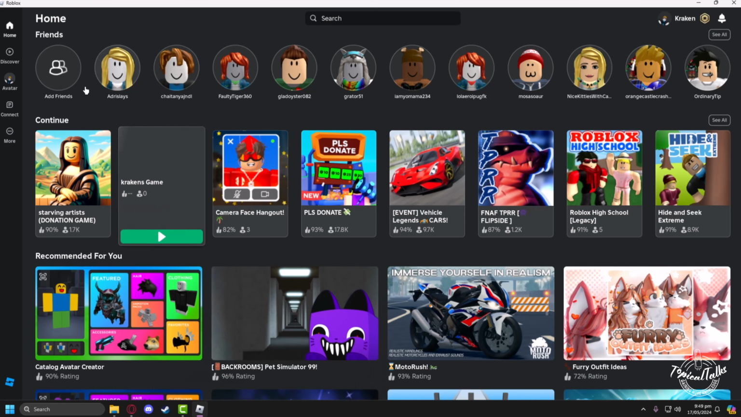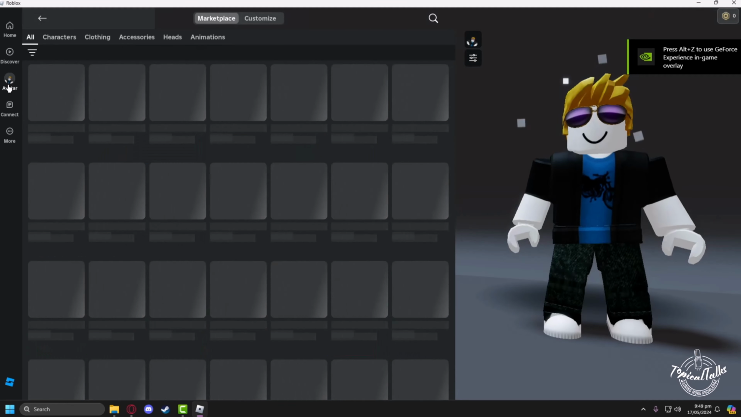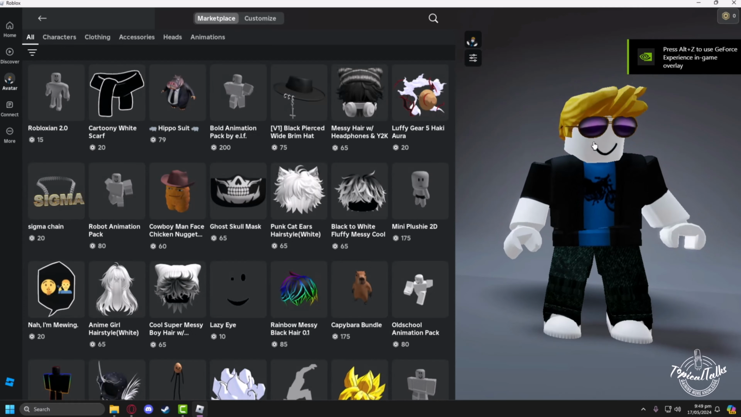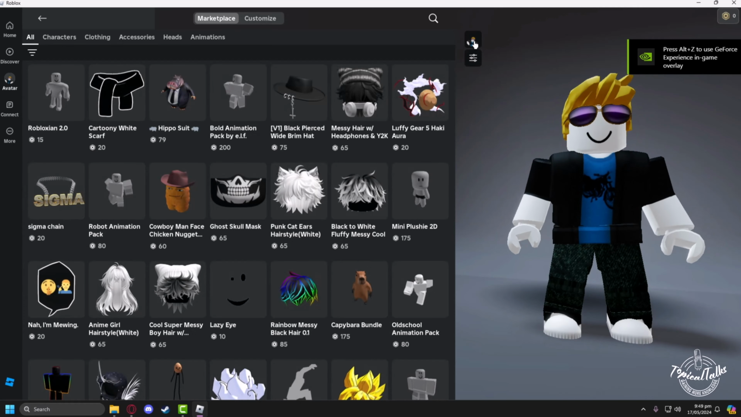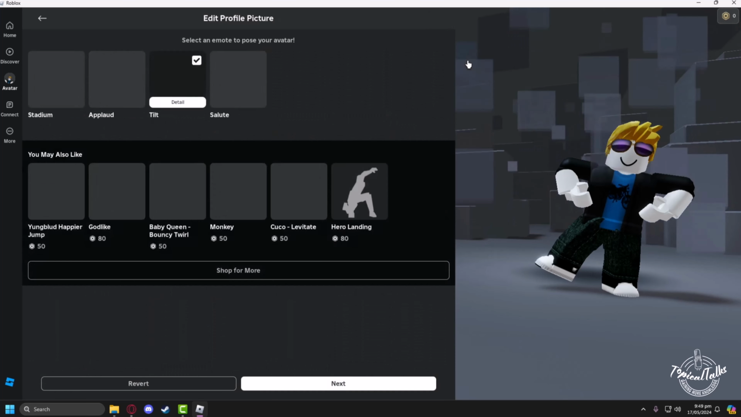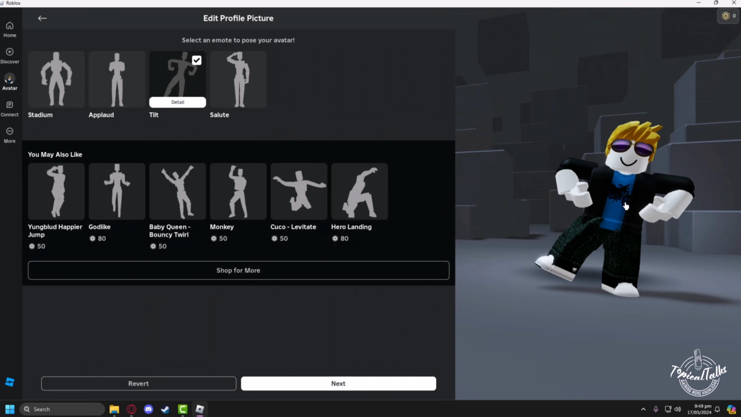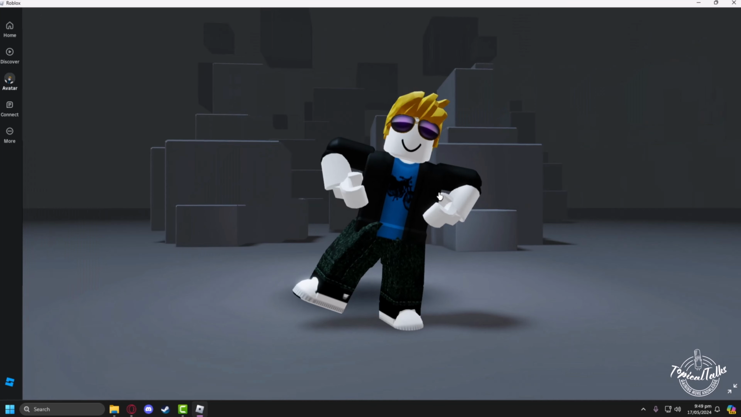Now from the Roblox player, we have to go to the avatar section. Now click on your avatar icon. Then click on your avatar again on the right side. After that,